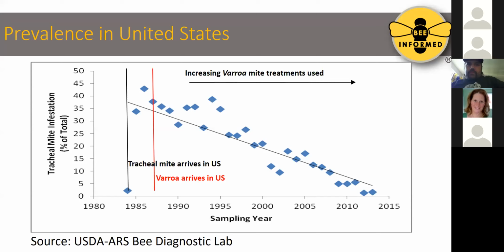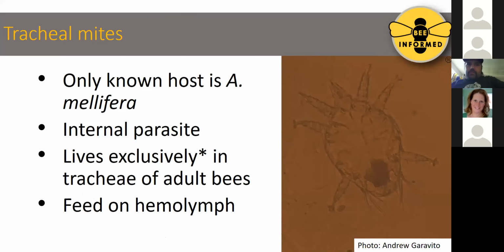On our next slide here, I have kind of a close-up picture of it. And it does live exclusively, as far as we know, on Apis mellifera, or European or Western honeybees. It's an internal parasite. It lives exclusively in the trachea of adult bees, except for a brief period where they transfer bee to bee, but they're living in the bee in the tracheal system, which is part of the respiratory system, and in that trachea system, they essentially are chewing a hole through that trachea to access hemolymph, which is what they feed on. This next slide kind of